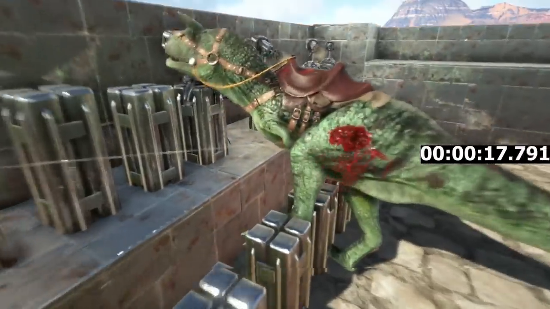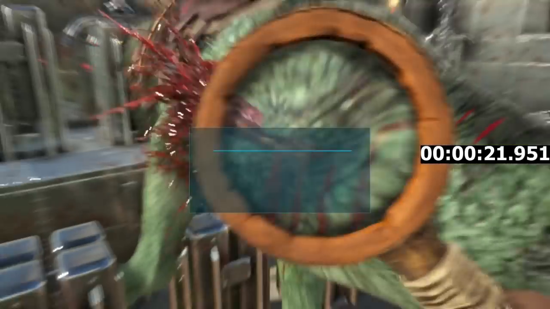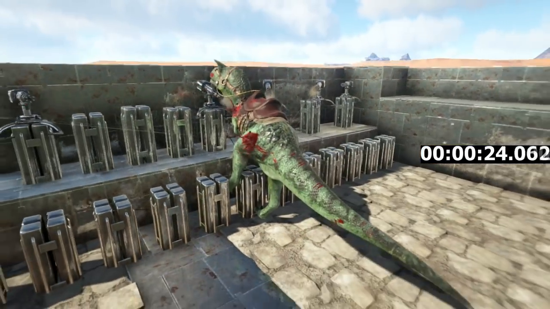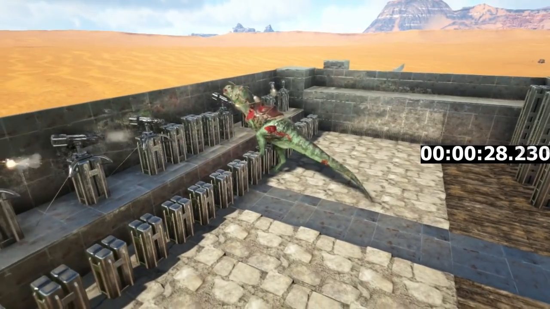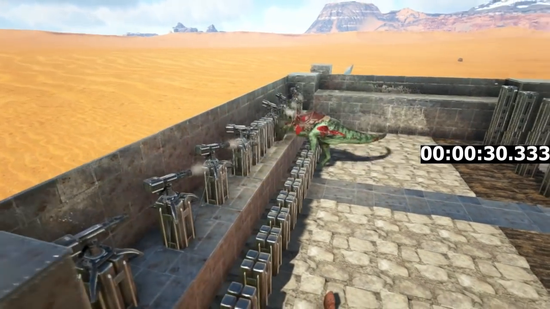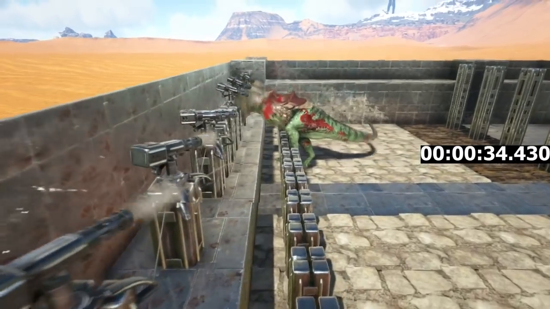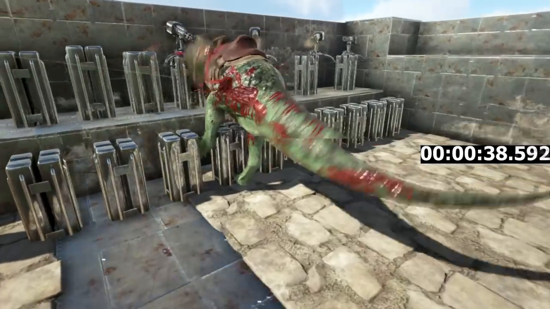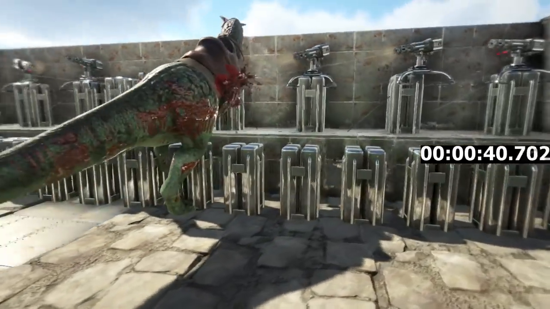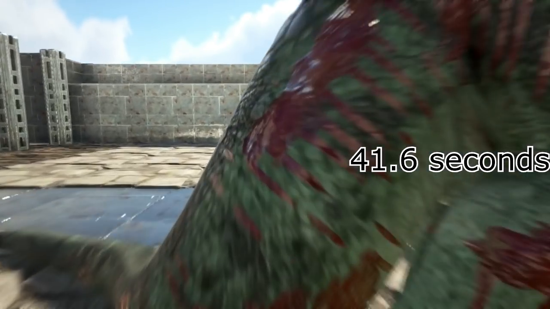But as you can see right now, this thing is doing pretty good for a Carno. Fully packed up in the health, level 296 with all the levels added into health. And it's already gone for 30 seconds, which isn't that bad, to be honest. It looks like it's almost dead now, so it's not gonna last as long as the Allo, but it is gonna come fairly close, almost about 10 seconds under the Allosaur. So it's not bad, but